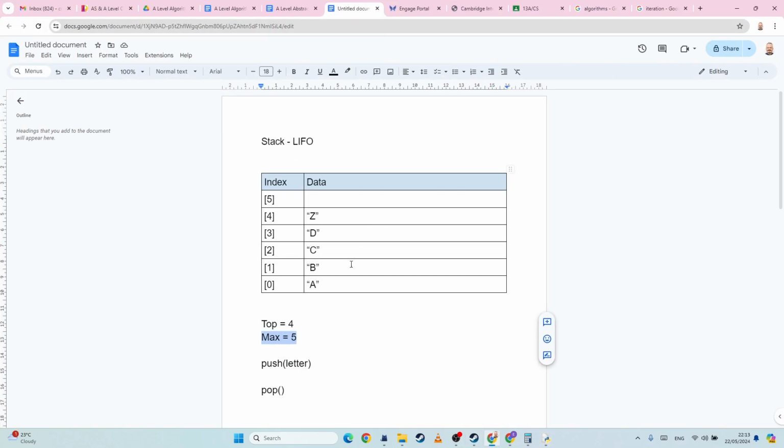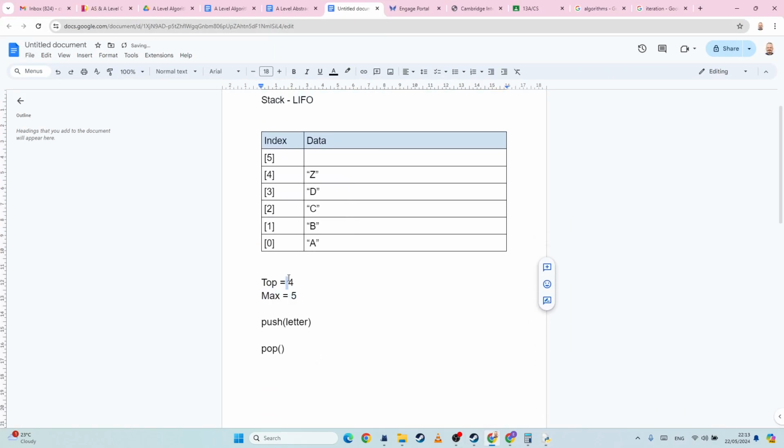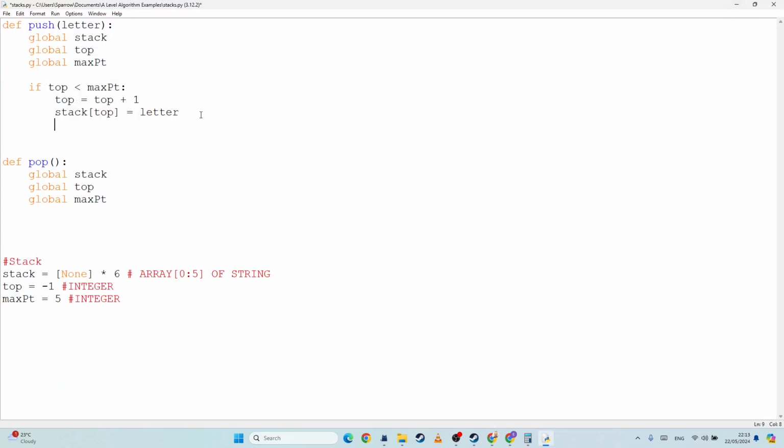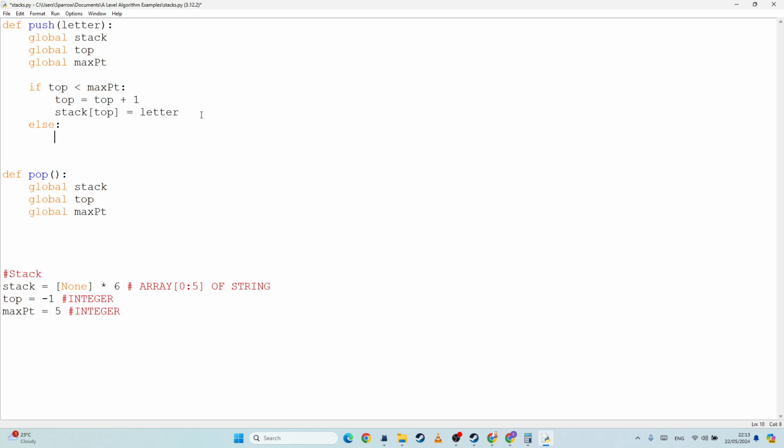Again, let's check that. So if top was 4, is 4 less than 5? Yes, it is. So then top equals 4 plus 1, which is 5, and we can insert the data into position 5. Yay! Easy. Otherwise, if the top is not less than max, then we're going to print and say,